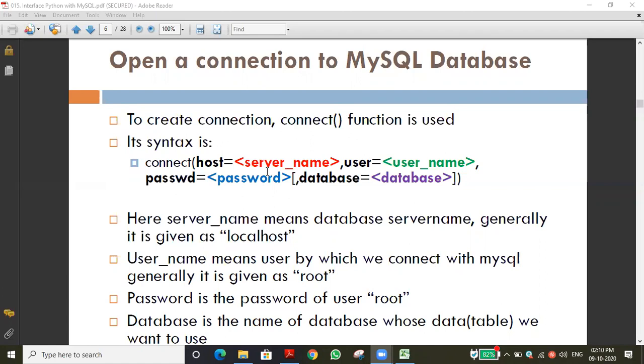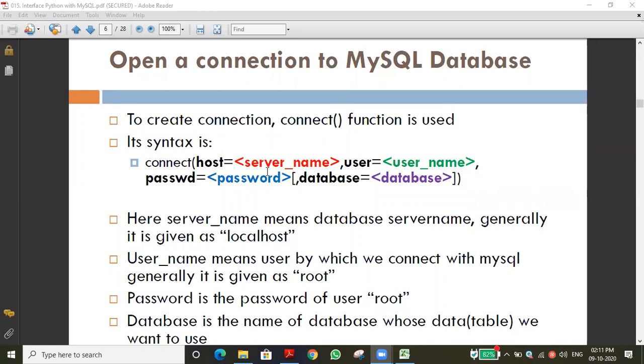So for our case, what do we need to type? Localhost, because we are not connecting to some other database. Suppose it is banking or any other sector, for example a LAN network, then we have a server and we have to connect with the server. That server name is what they mention. We have to make sure of the server name, or else the IP address. But in our case, we type localhost.